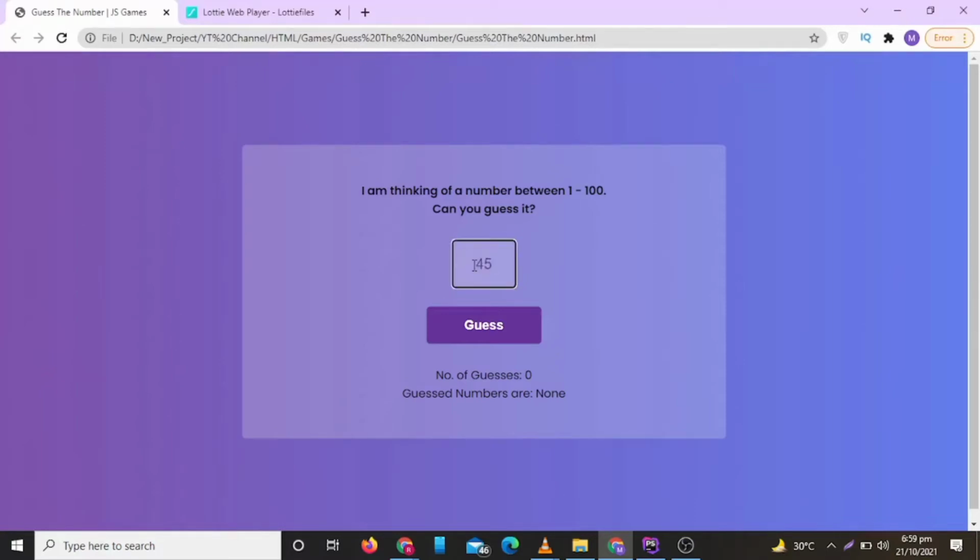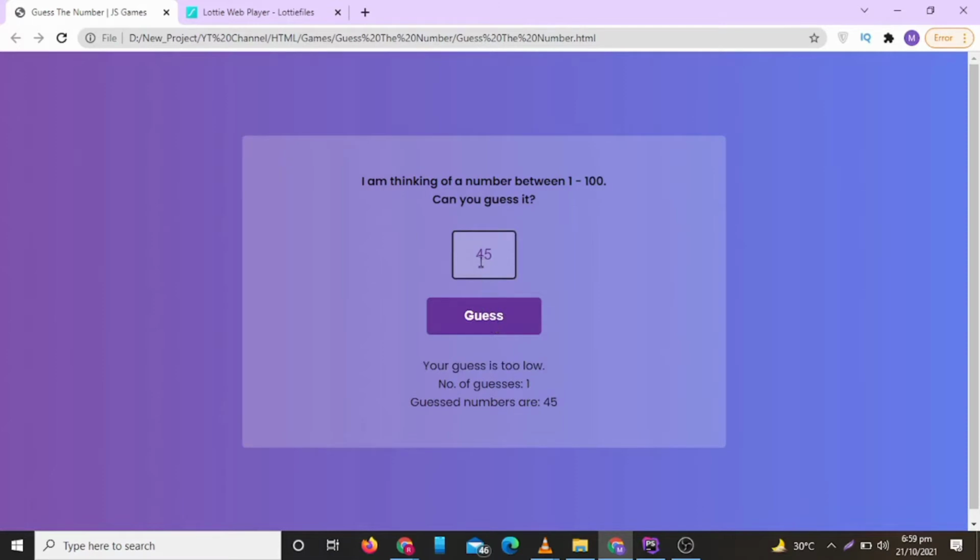So in this video we are going to create a JS game which will be guess the number. So you can see here I am trying to guess the number, but it is giving me predictions that your guess is too high or your guess is too low. So what I can do is lower my guess or higher my guess and reach the correct answer, and when I reach the correct answer it will display a congratulation message with a confetti animation, which is a slick animation, and it will be discussed in the next video.